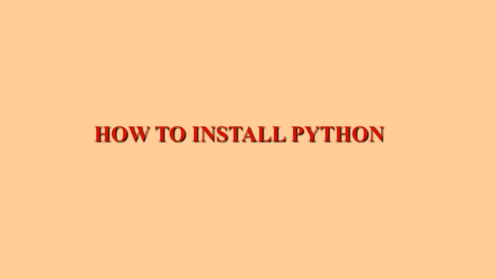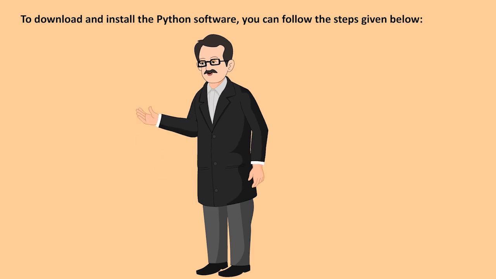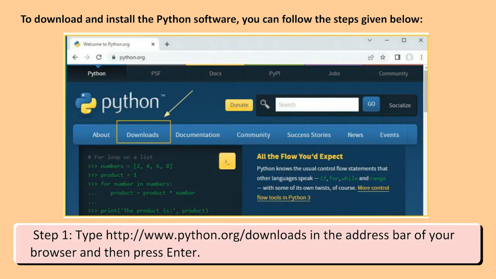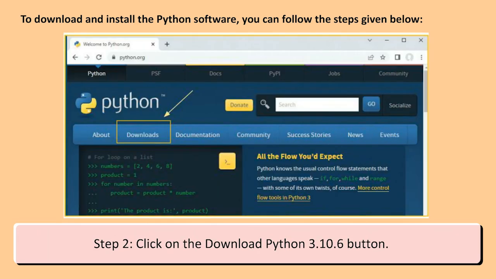How to install Python? First of all, you need to install Python on your computer system. To download and install the Python software, you can follow the steps given below. Step 1. Type http://www.python.org/downloads in the address bar of your browser and then press enter. Step 2. Click on the Download Python